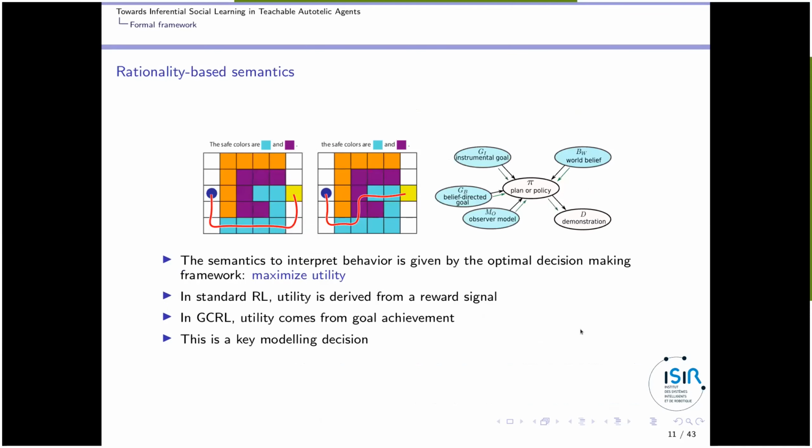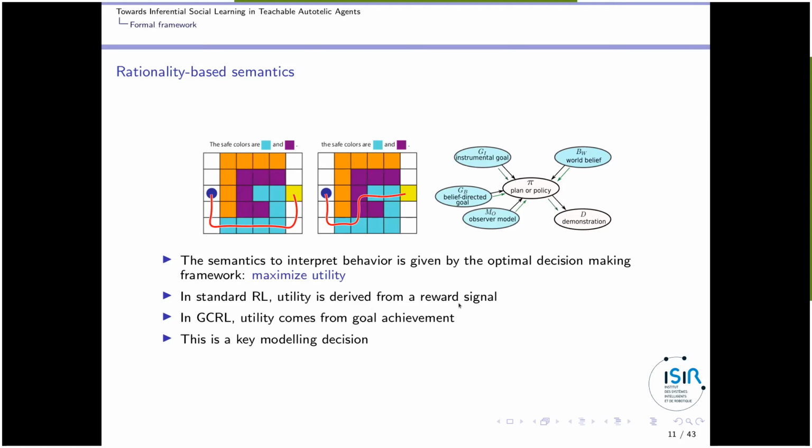And the third element that we need to formalize these things is a notion of utility. Because if you observe the behavior of an agent, to understand its goals, you have to have a rationality assumption and say this agent is trying to maximize that particular utility, so that you can infer the goal from the behavior. What's interesting is that Mark O suggests taking this utility notion from optimal decision making, so standard reinforcement learning utility. And in the task that Mark O is using, his utility is derived directly from a reward signal.